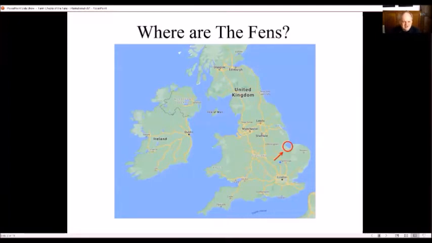So here are the fens. This is the United Kingdom with a bit of Ireland, and the fens is a very low-lying piece of land to the east of the country, which borders onto an area of water called the Wash, and this is the North Sea. At the end of the last ice age, before the ice melted, this was a piece of relatively high land. When the sea levels rose, all of the rivers in this area backed up, and the whole area became a huge area of swampland, quite tidal. And as the centuries, millennia passed, moss built up, and the whole area became a very large bogland.